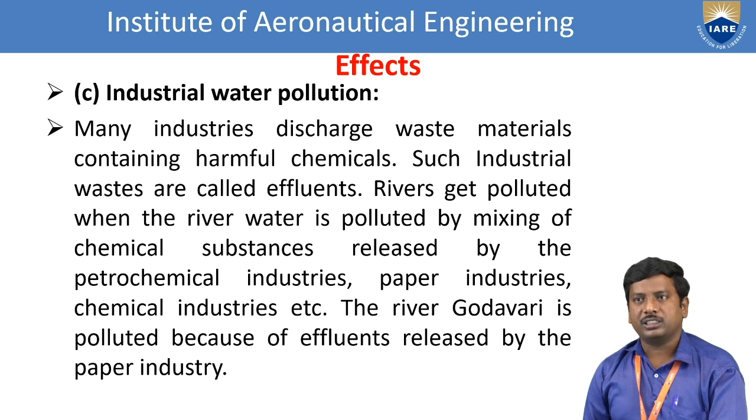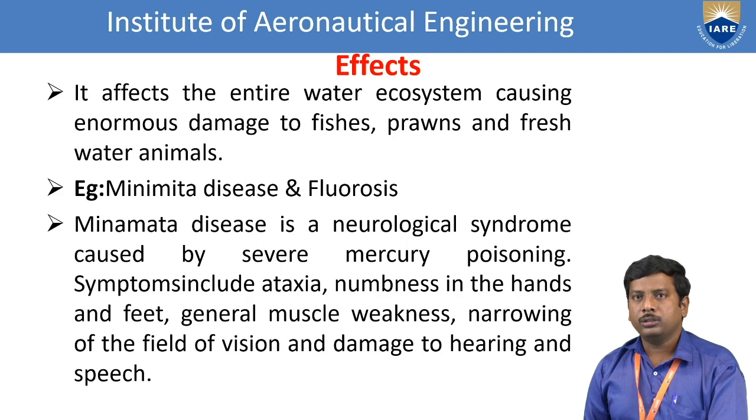So many industries discharge waste materials containing harmful chemicals. Such industrial wastes are called effluents, nothing but effluents coming out from the industry. Rivers get polluted when the river water is mixed with chemical substances released by petrochemical industries, paper industries, chemical industries, etc. So the river Godavari is polluted because of the effluents released by the paper industry. So it affects the entire water ecosystem,